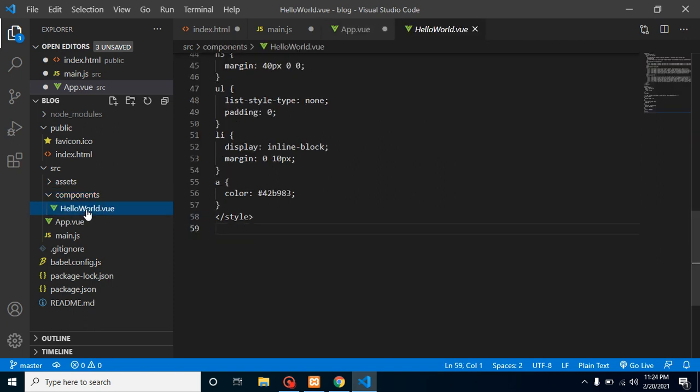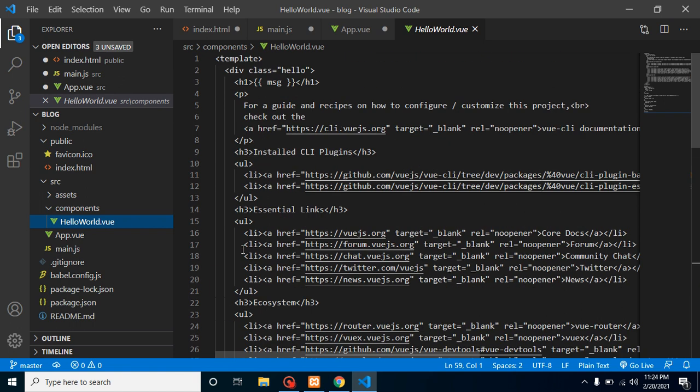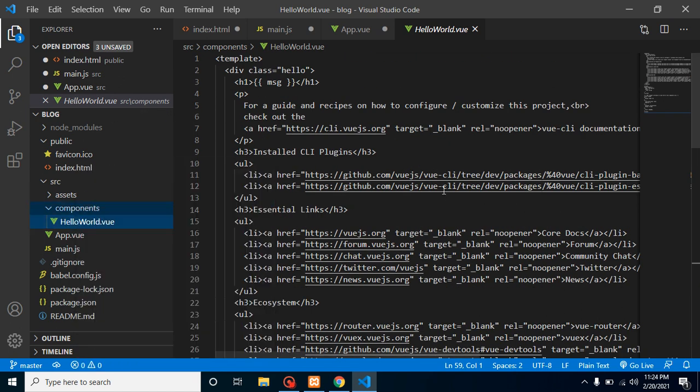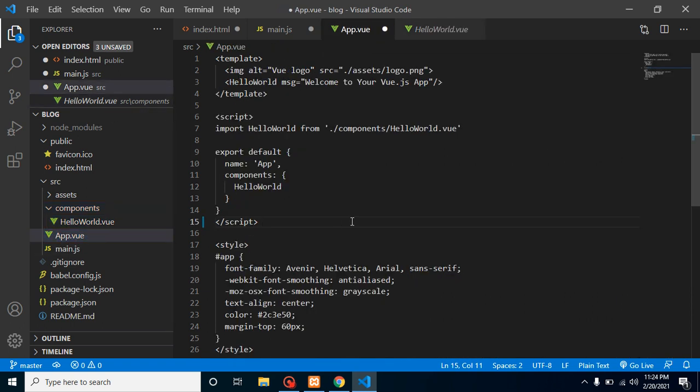Like hello world.vue. This is our first component, and you can make a second component like data.vue or something, whatever you want, right? And don't modify app.vue, because you might make a silly mistake and it will take you lots of time to fix it. So for a beginner and intermediate level, never change app.vue, right? All right, we have covered all these things.